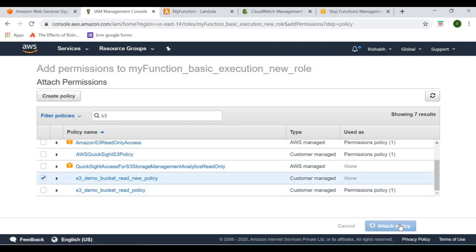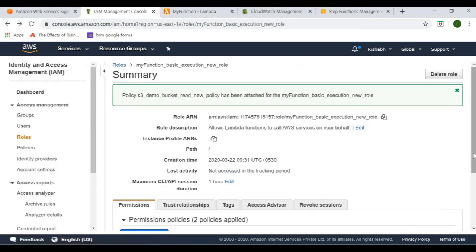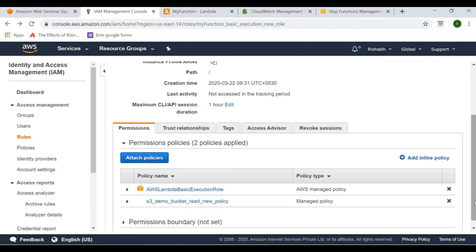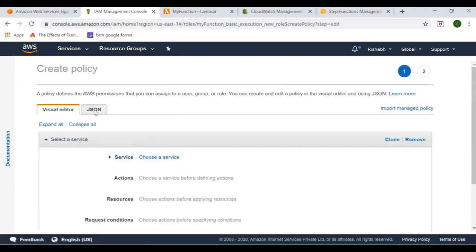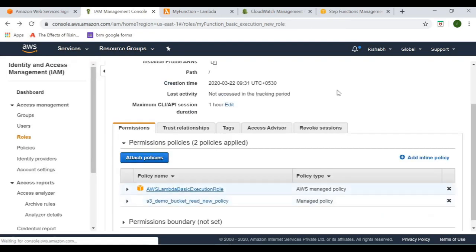I can click attach policy and it's done. In case you do not want to go to policies and create a policy, you can also create from here. Within the role, you get the option of add inline policy and you get the same UI. So you can create policies from here as well. You can use one policy in multiple roles.